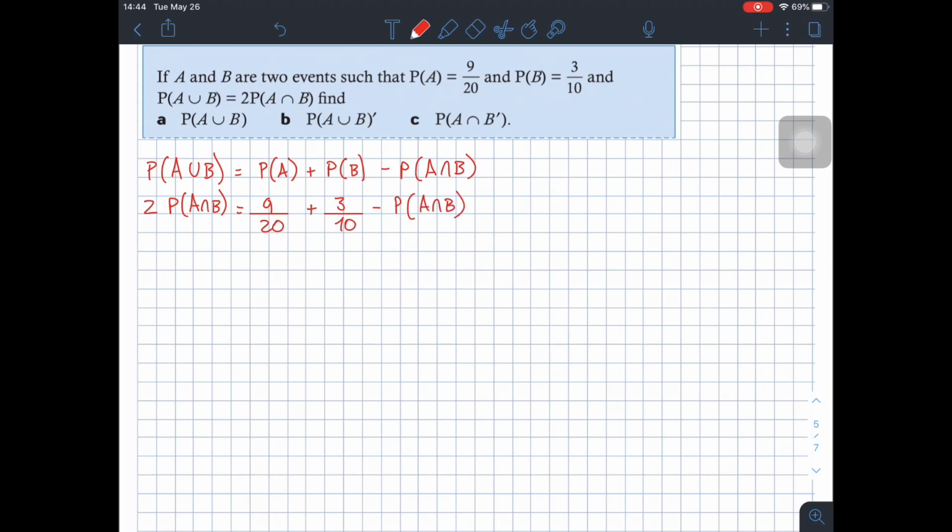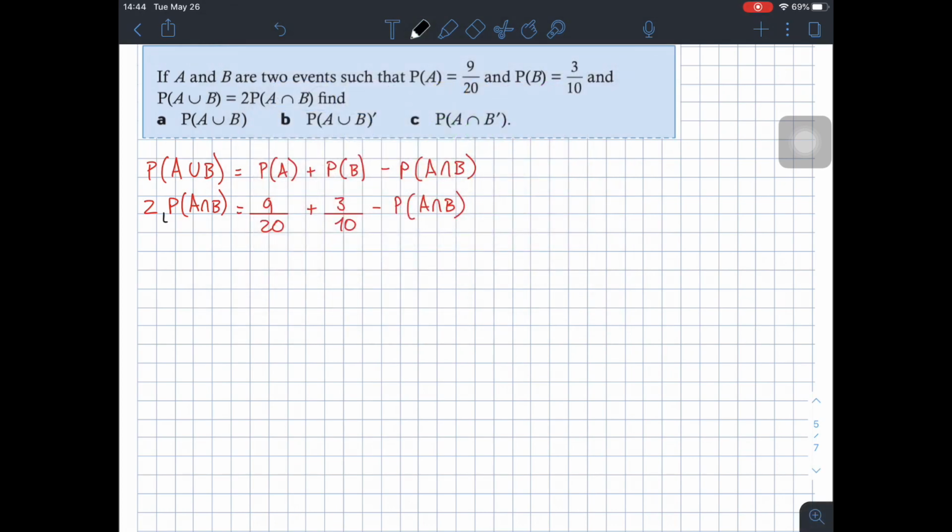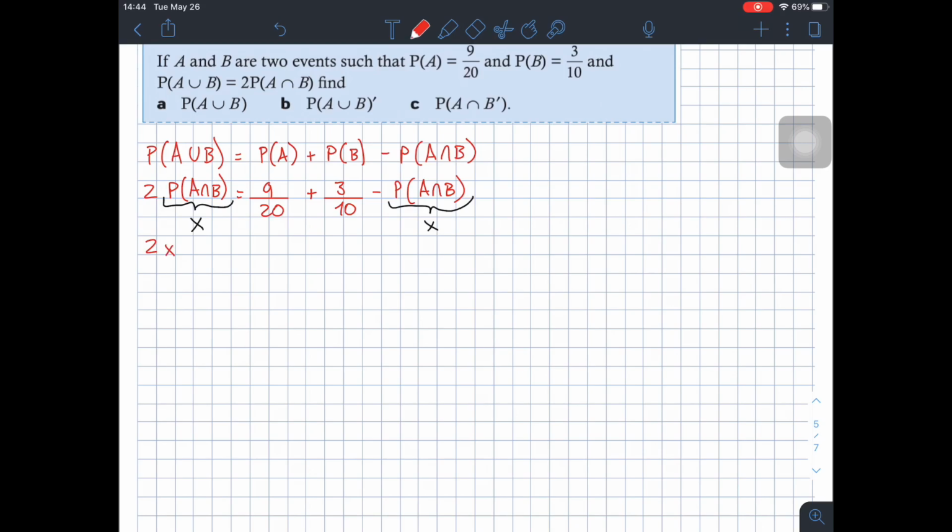If you look at this, you will see that there's only one variable here, which is the probability of the intersection. If you want to make this easier and less confusing, you can call all of this term x. This would be x, this would be x. So if I rewrite this expression, it is 2x equals 9/20 plus 3/10 minus x. And now I can solve for x. I can take this x to the other side, and I'll have 3x